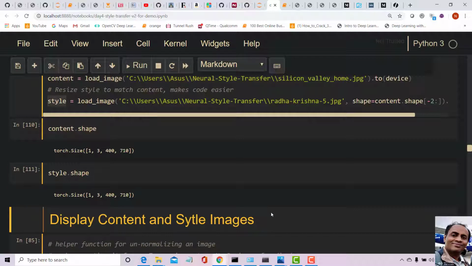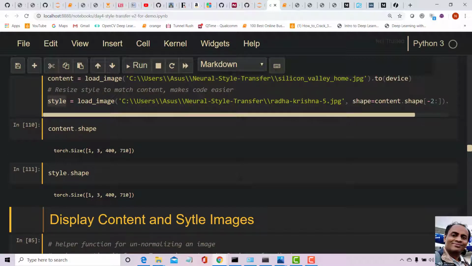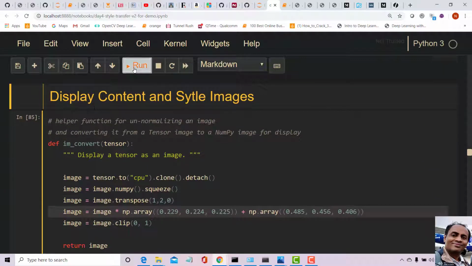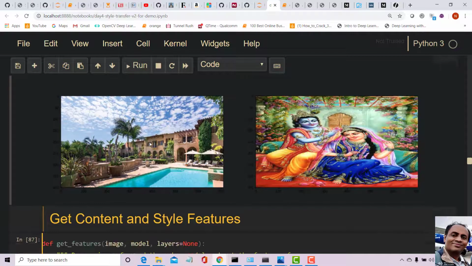Now we want to display these. Again, to display them, you need to change them to a NumPy array. So for that I have written a small function here. I'm going to share this code, guys, so you don't need to worry. You can copy all these things from my code itself. This converts a tensor to a NumPy array and prints it. So these are the two images.